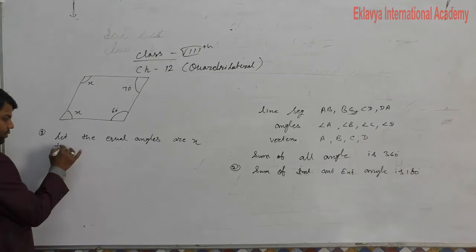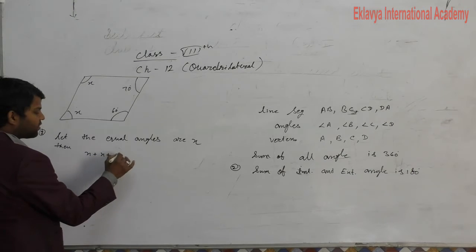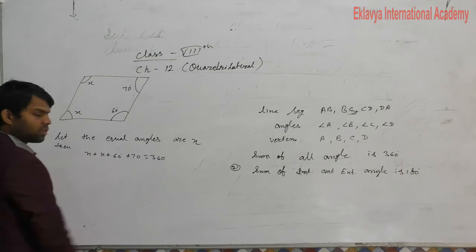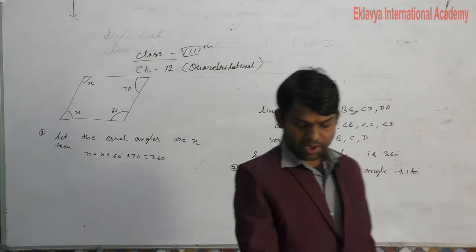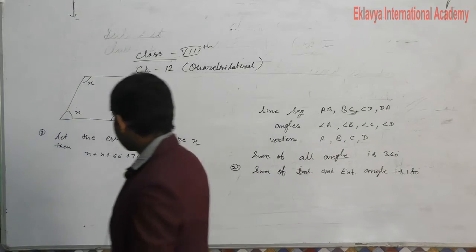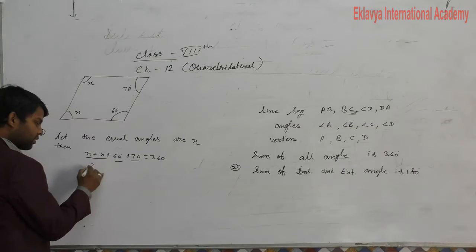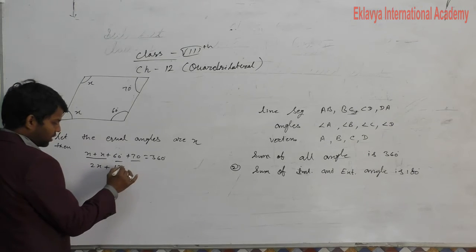Then x plus x plus 60 plus 70 is equal to 360 degrees. So if we add the two angles 60 and 70, 2x plus 60 plus 70,